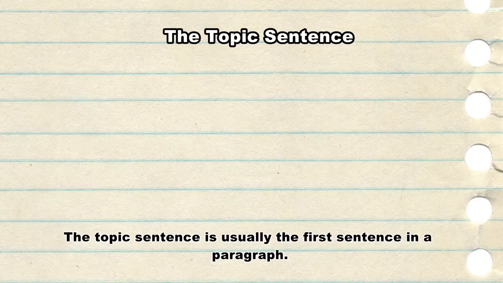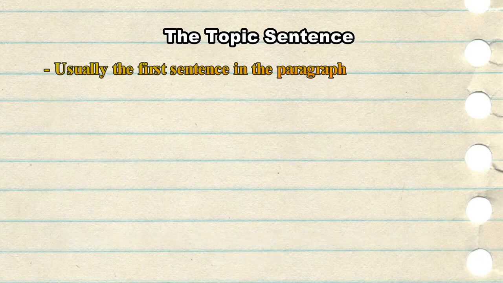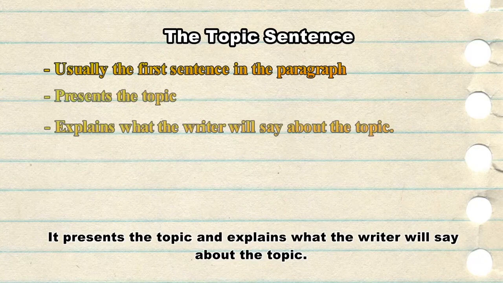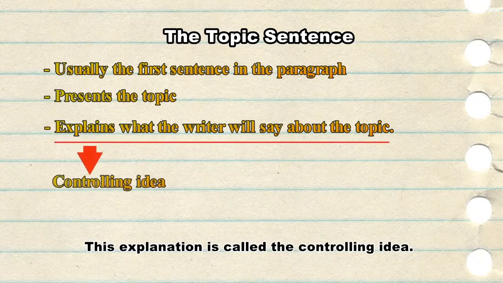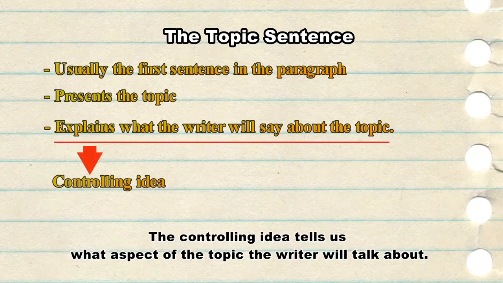The topic sentence is usually the first sentence in a paragraph. It presents the topic and explains what the writer will say about the topic. This explanation is called the controlling idea. The controlling idea tells us